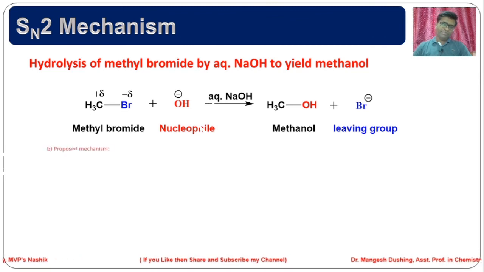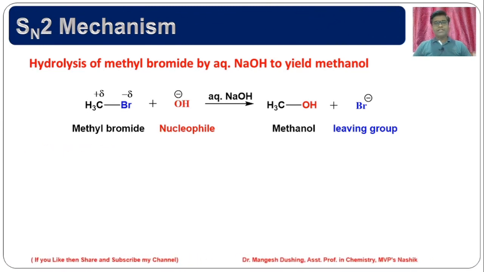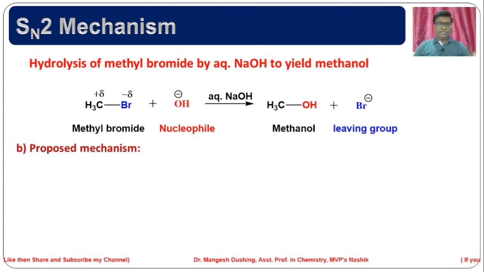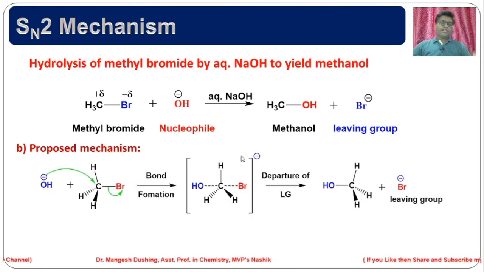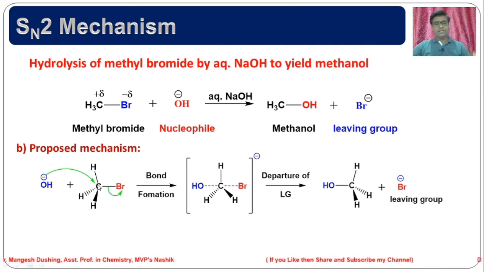Now, we'll see the mechanism. The mechanism of the reaction was given by the scientist Ingold. The proposed mechanism we will see now. He showed a mechanism in such a way that the nucleophile attacks on the carbon, and the leaving group Br minus attached to the methyl group leaves. So whatever we get is called the transition state. So the transition state is an intermediate, very short living, having a maximum energy. That short living intermediate is called the transition state.